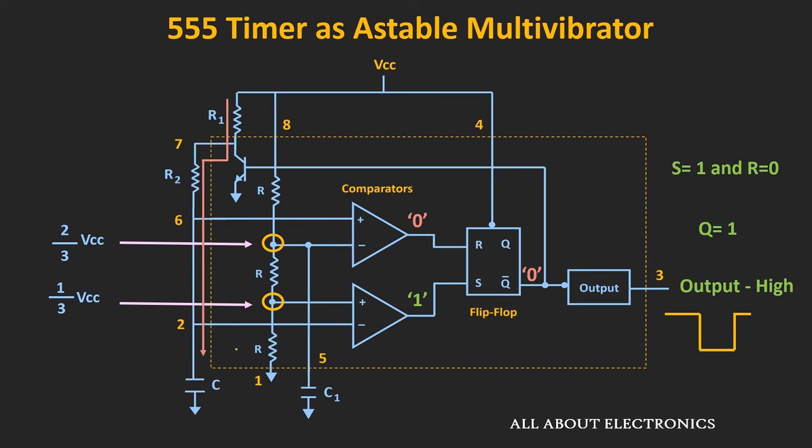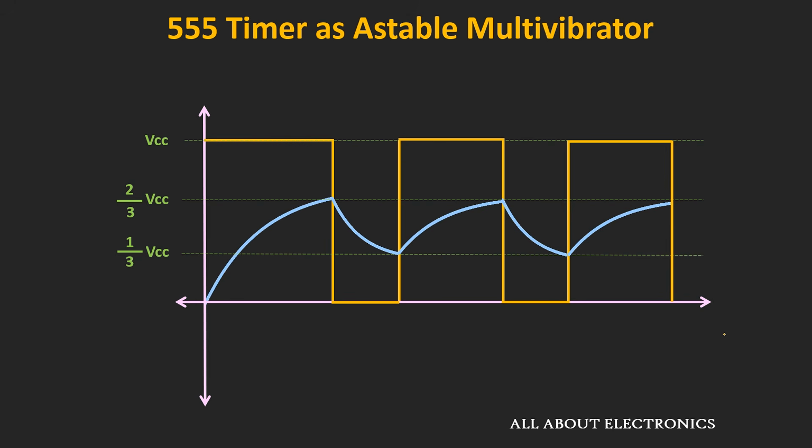So during the charging process, whenever the voltage across the capacitor crosses this 2/3 VCC voltage, then there is a transition in the output from logic high value to the logic low value. And likewise during the discharging process, whenever the voltage across the capacitor goes below this 1/3 VCC voltage, then there is a transition from logic low value to the logic high value. And if we see the same sequence in a timing diagram, then it will look like this.